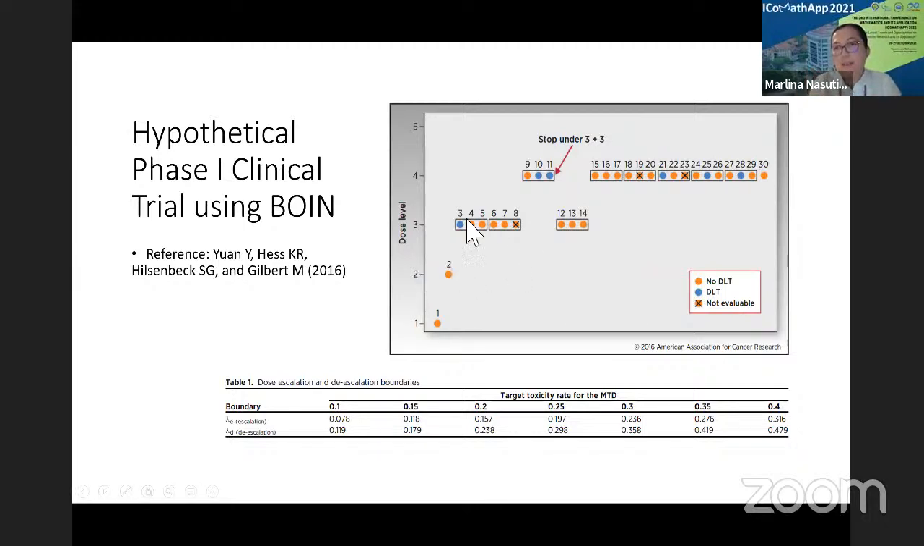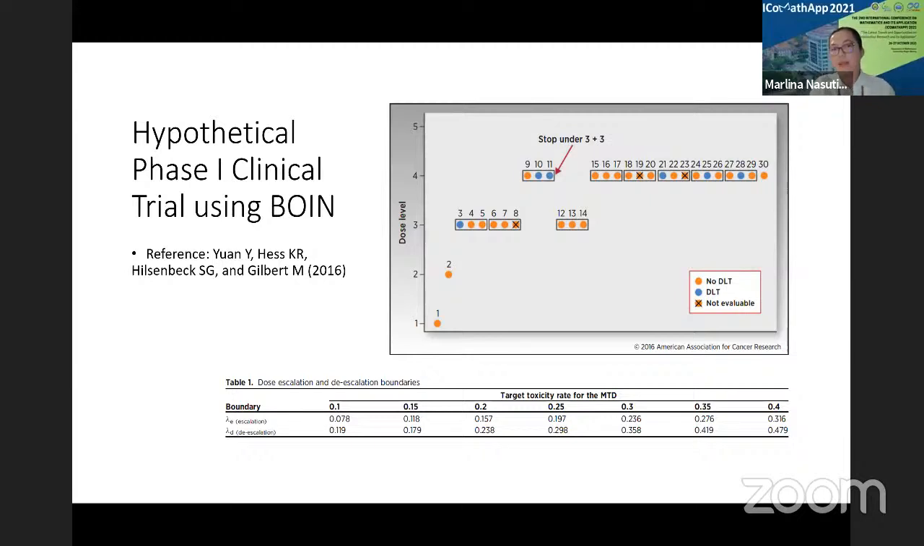If the design is like 3+3, then number one is that there will be a difficult situation where, for example, in this case, we assume that patient number 3 experiences DLT, and patient number 8 is not available. So because of that, there are only 1, 2, 3, 4, 5 available patients, while the 3+3 design basically has to base the decision whether to escalate or not on a cohort size of 3 or 6. So in this case, there is a difficult time for us to do that 3+3